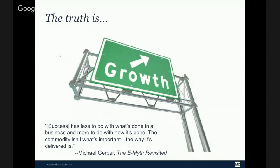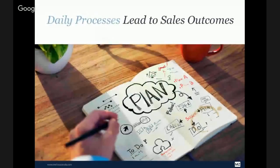So we're going to focus a lot on how you are going to do things to save yourself time, to increase your productivity and free up your schedule a little bit. So again, as I said before, it's those daily processes that lead to sales outcomes. Or I always tell this story, as some of you are regulars, I recognize your names, you already know, Friday's